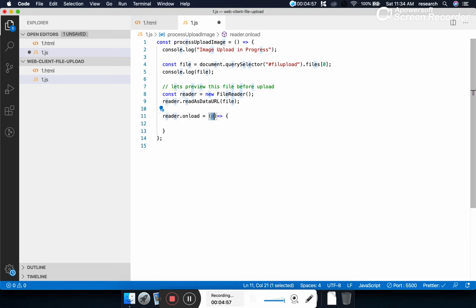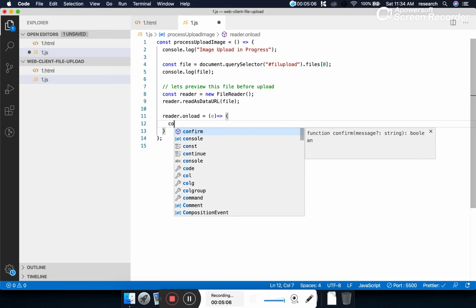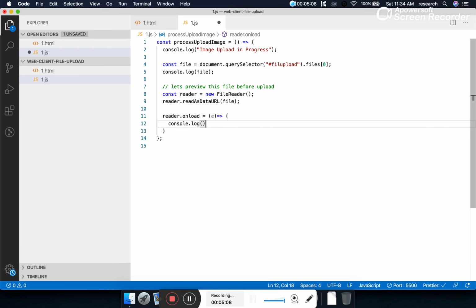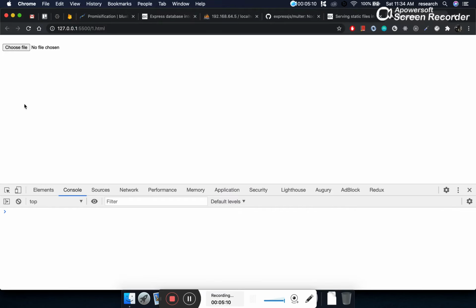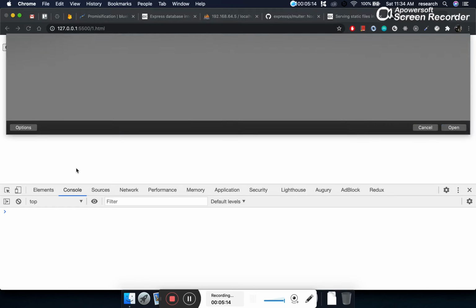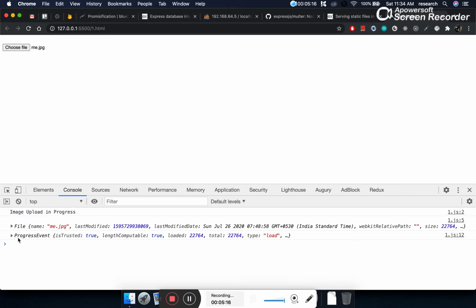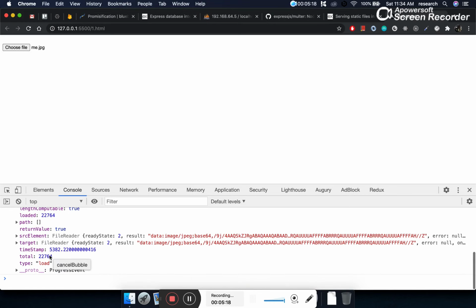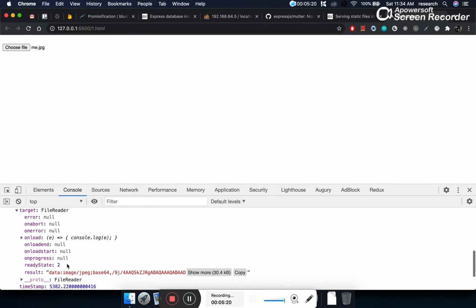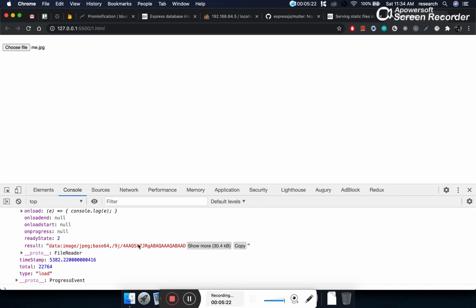The data output is coming in one variable, which we call e. Let's print this value, console.log e. Now you can see there is a progress event, and in e there is an attribute called target, and under the target there is an attribute called result.